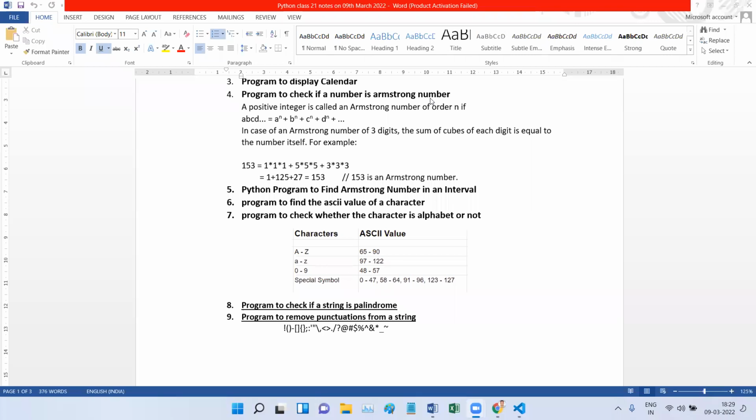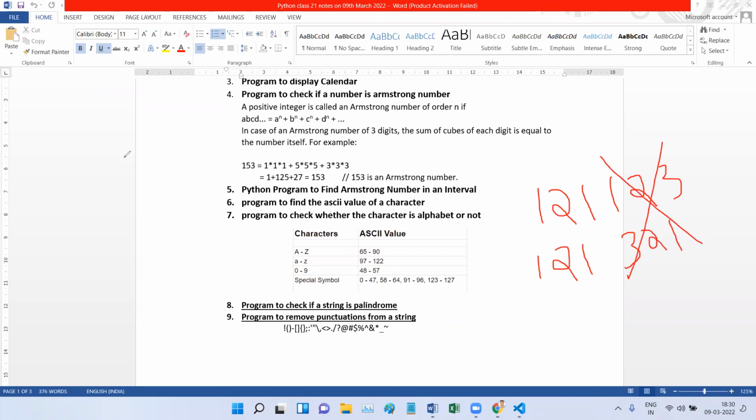Thank you again. Like Abhi Chauhan said, let us say I have a number, 121. If we reverse this number, it is again the same. So this is called a palindrome number. Let us say there is a number 123. If you reverse this, it is 321. That's why it is not a palindrome. Simple.